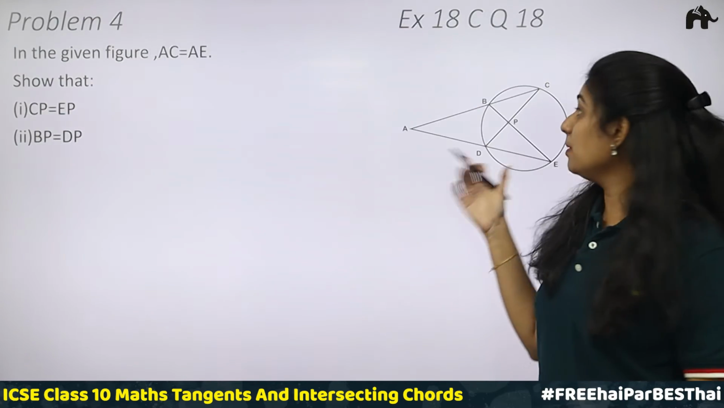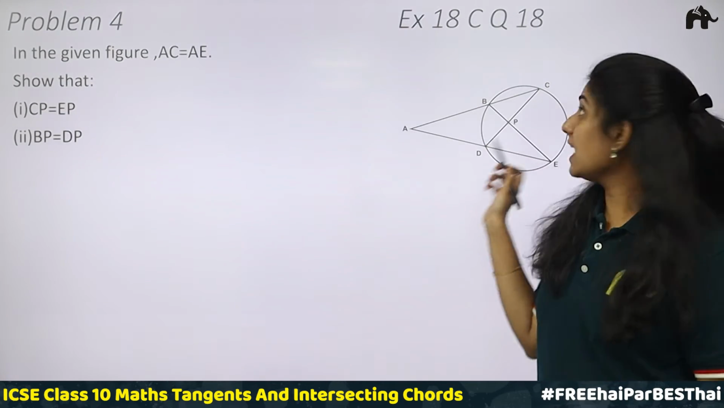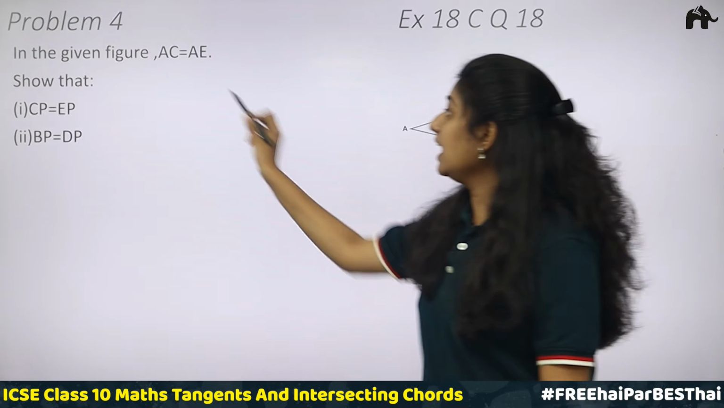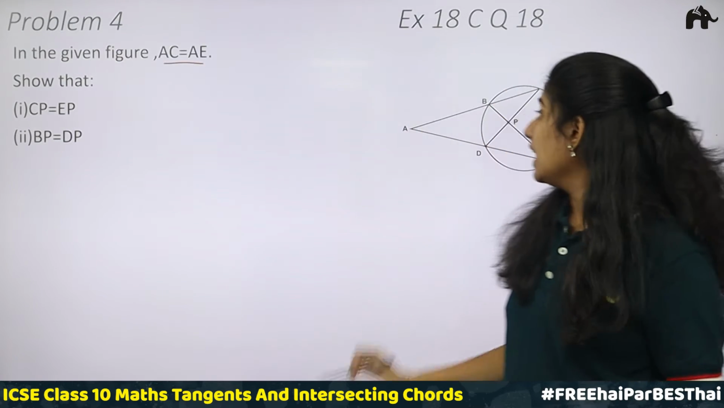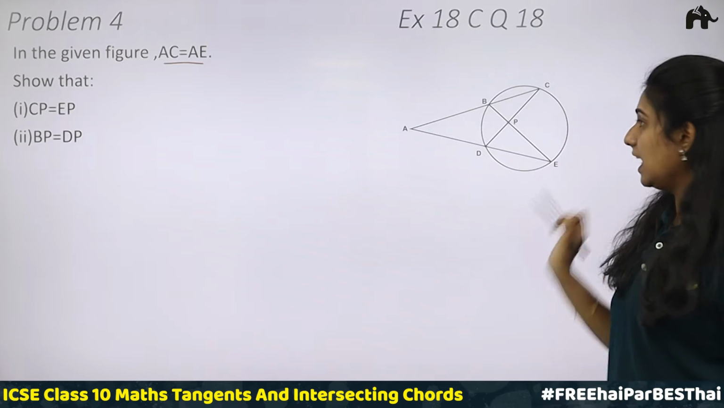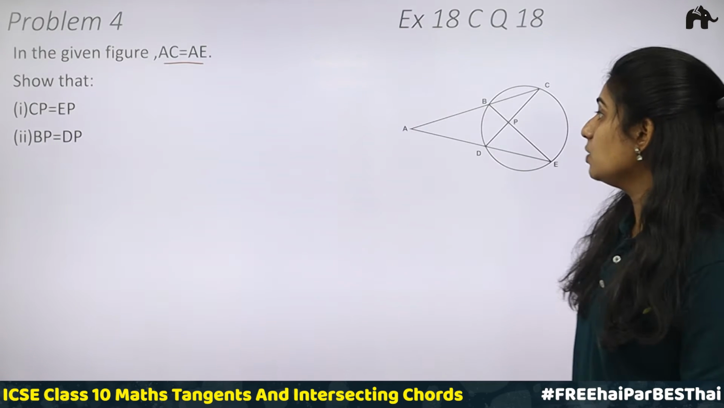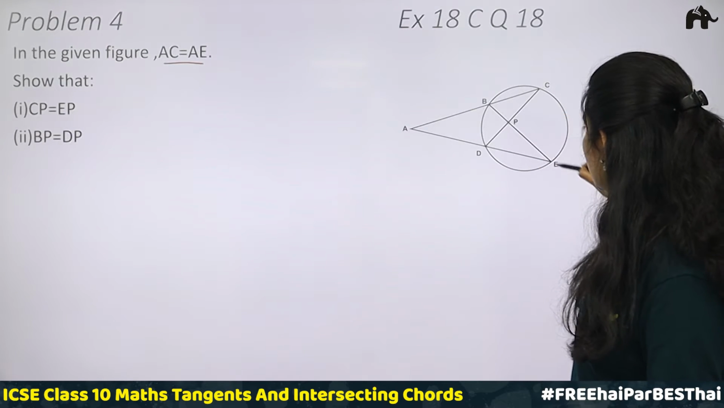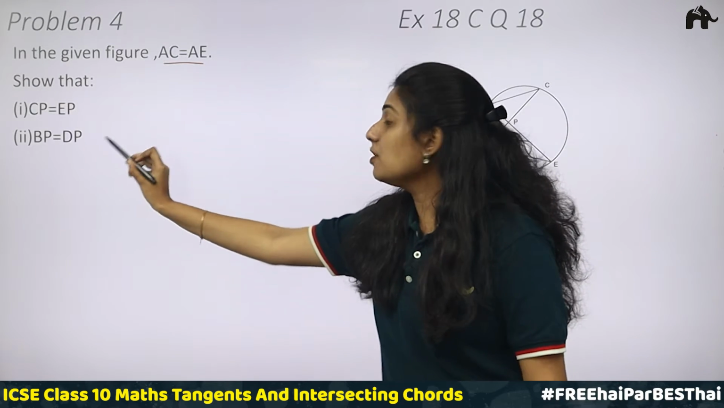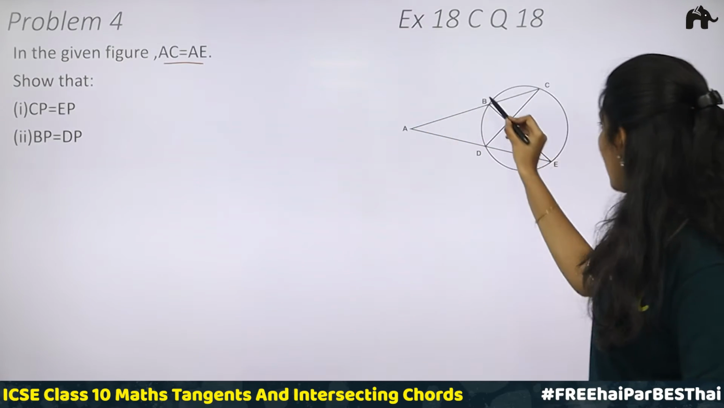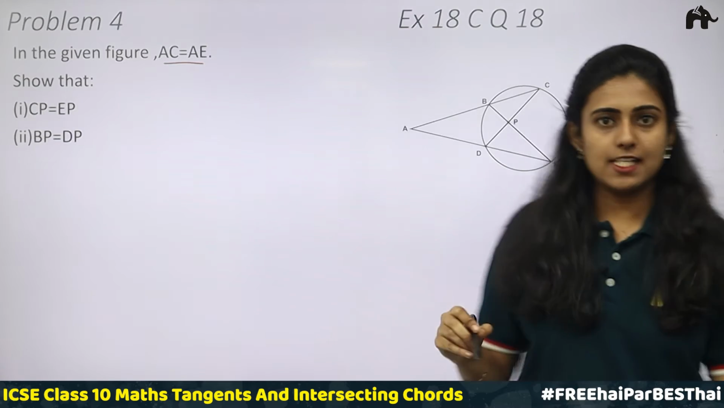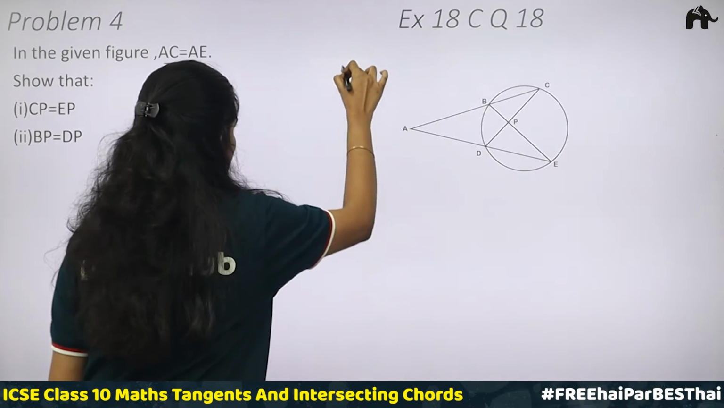Understood? Next, problem number 4, question 18 of exercise 18C. In the given figure, AC is equal to AE. Here we have AC and this is AE. Show that CP is equal to EP. CP is this part and EP is this part. And also BP is equal to DP. Here we have BP and this is DP. Considering this figure, we'll be having